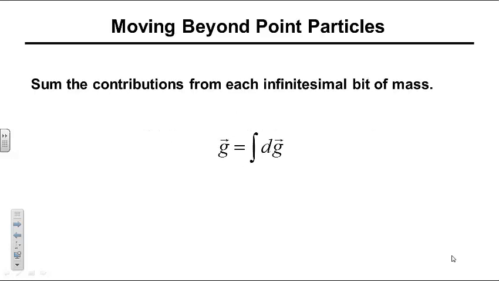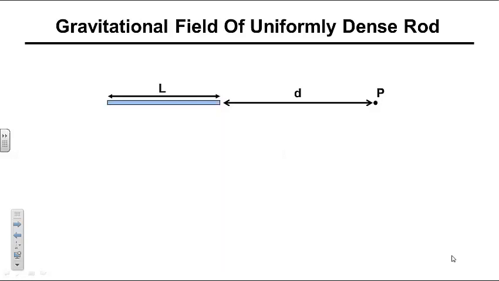We can determine the gravitational field of a distribution of mass by summing the contributions from tiny bits of mass in the distribution. In the limit that these bits of mass are infinitesimally small, this summation becomes an integration. For example, let's calculate the gravitational field of a uniformly dense rigid rod a distance d away from one end